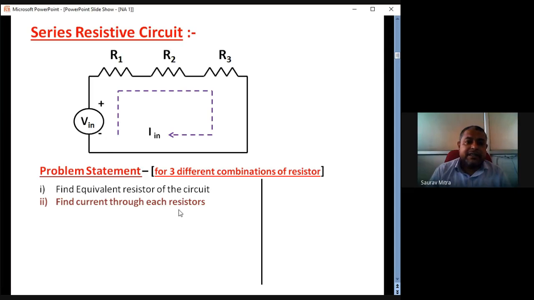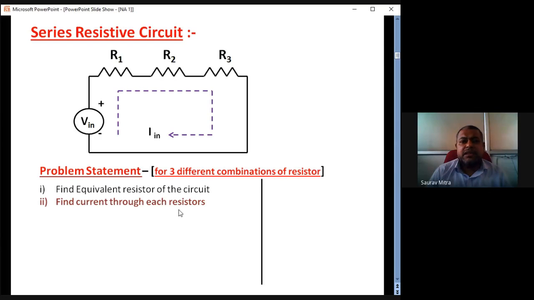Now whenever you are writing this journal, you have to take three combinations of R1, R2, R3. So I will be showing you the calculation with one set of resistor combination. You can take three different sets of resistor combination, and the same calculation you have to repeat for three different sets. And as students are staying home, you don't have communication with each other, so you just take different resistor values. So don't copy others' readings. Any resistor values you can take, and before that just go through the internet and find out what are the standard values of resistances. So voltage in also you can choose, resistor combinations also you can choose.